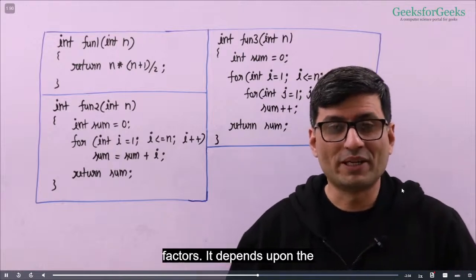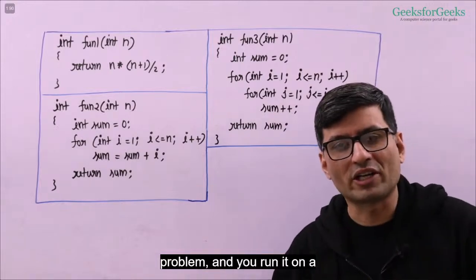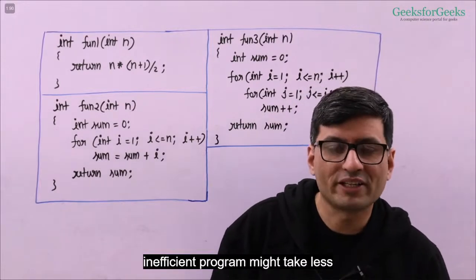It depends upon the computer on which you are running. Suppose you write an inefficient program to solve, say, this natural number sum problem, and you run it on a very fast machine. Then your inefficient program might take less time compared to the